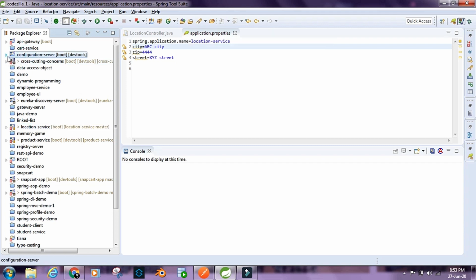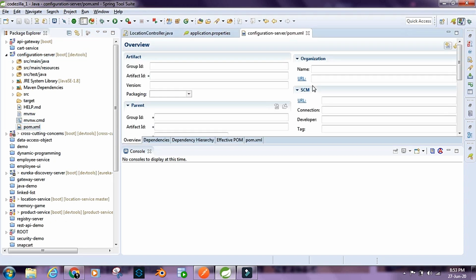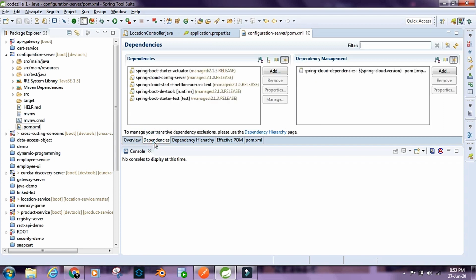So we have the configuration server set up here, and let's go to the POM and take a look at the dependencies for this project. So inside dependencies, we have this Spring Boot Starter Actuator, we have Spring Cloud Config Server. So this is going to make this application act as a configuration server, and we have Spring Cloud Starter Netflix Eureka client. So this application is going to register itself with the discovery server as a client to the discovery server, and we have Spring Boot Dev Tools and Spring Boot Starter Test,